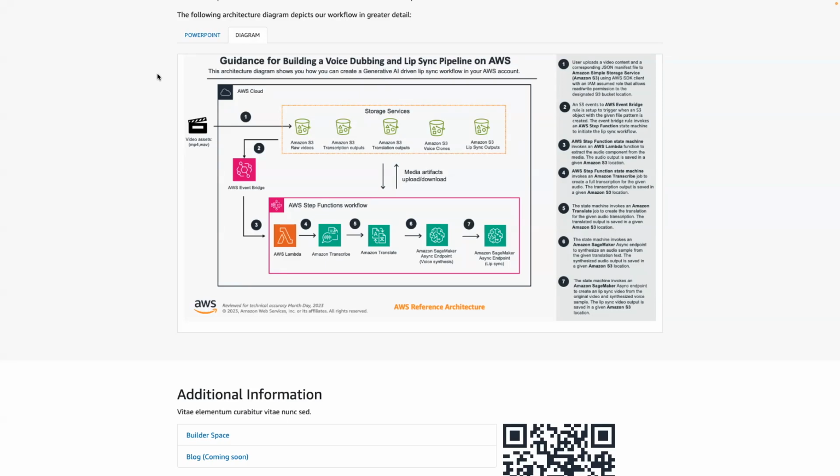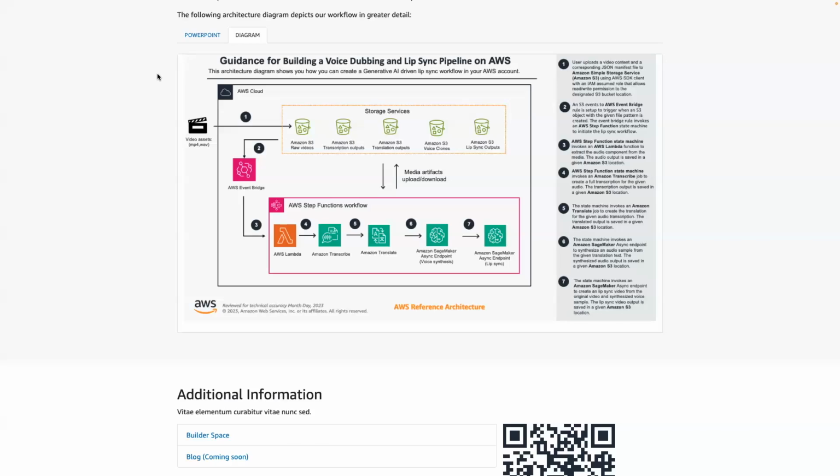The first step that it performs is pre-processing the original video, such as extracting the audio clips from the original video. And then we also apply transcription using Amazon Transcribe, and then apply translation using Amazon Translate, as we saw in the previous demo.